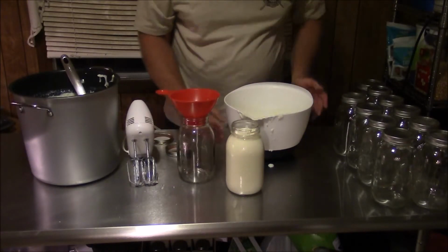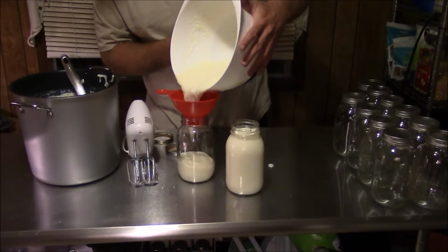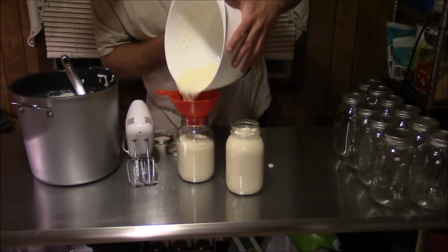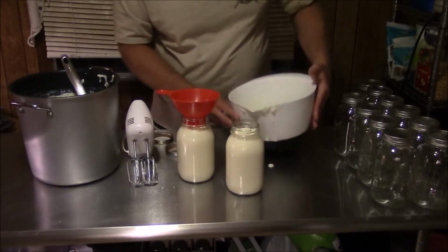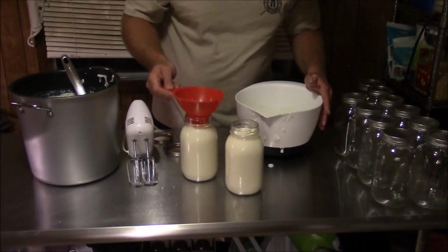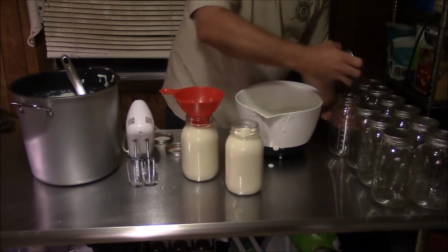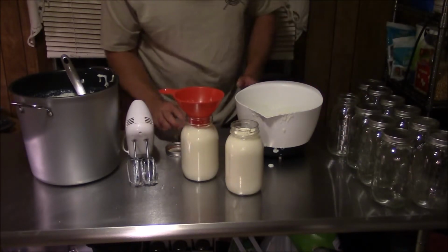Just like this. So this plastic mixing bowl that I got here, I kind of like this. I think I did it the hard way last time. I don't remember it going this smoothly. So just keep on the process